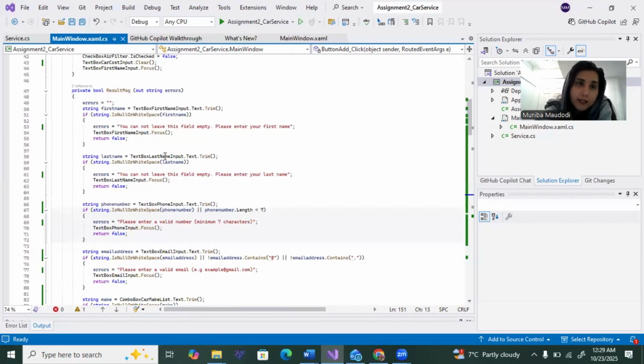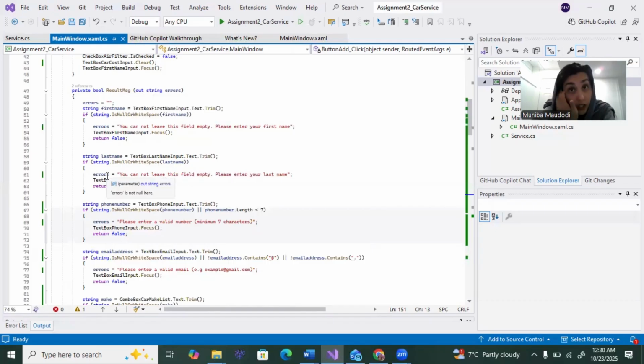It also has an out string parameter called errors, which allows me to send a message back to the caller depending on which field has the issue. So inside this method,